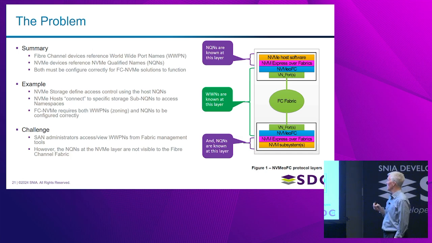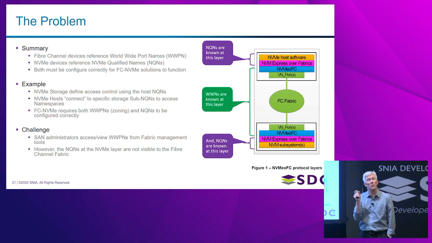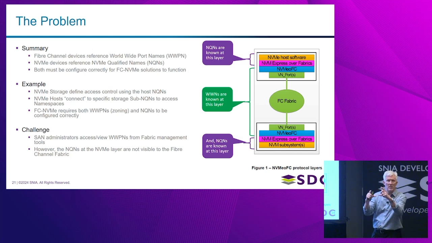The first component is the standard Fibre Channel stuff, which is which ports can talk to who. And we identify that at the worldwide name level. So every port has a unique worldwide name, and then those WWNs are collected together in a zone